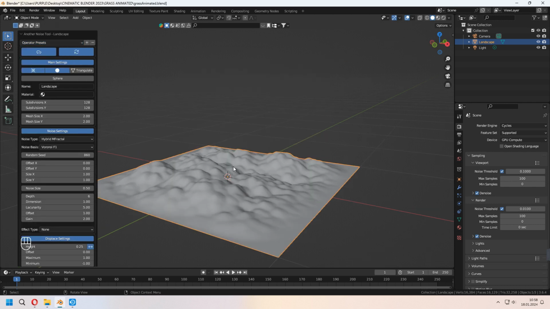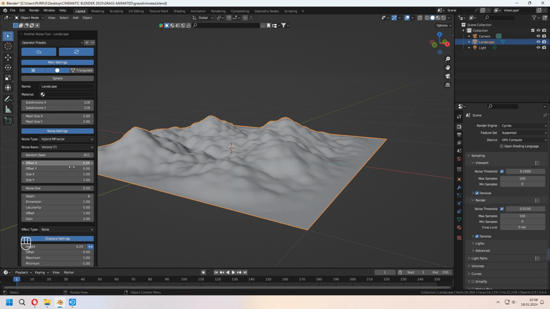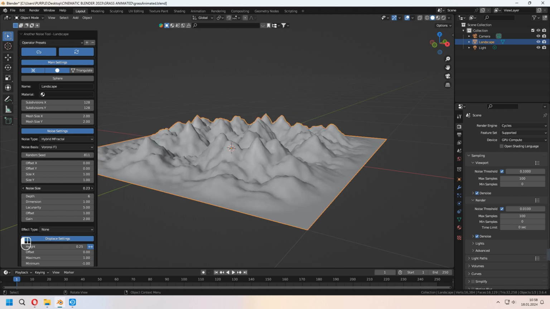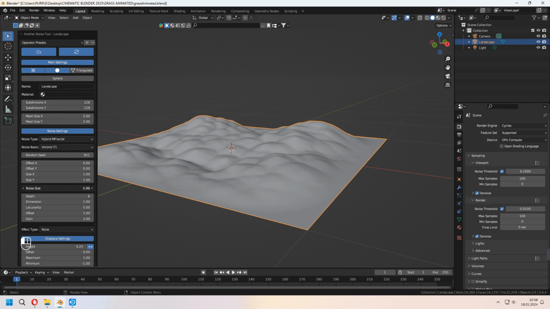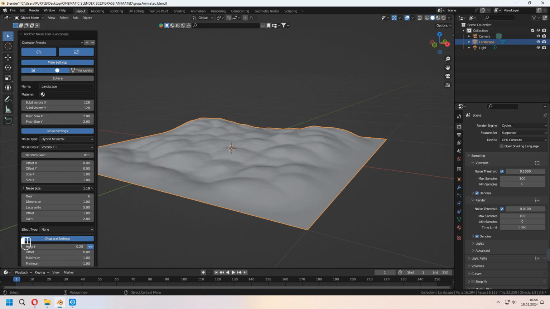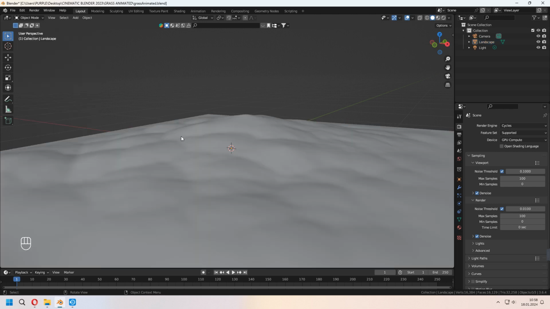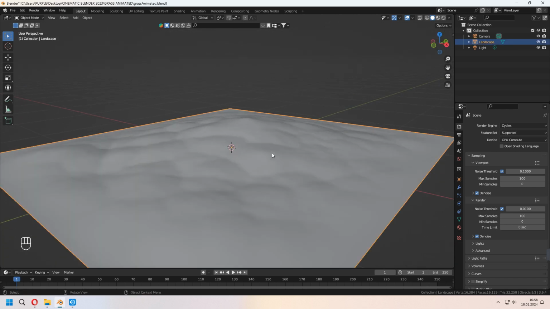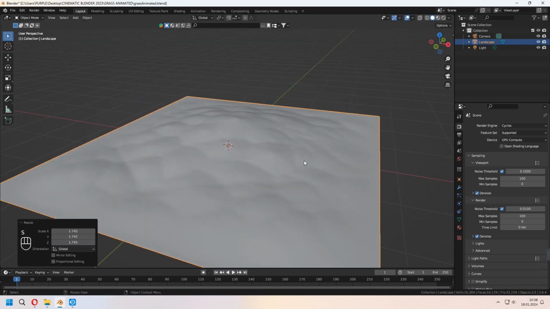I will choose this cauliflower. You can set up your random seed, noise size, or different species for adding some extra detail to your landscape. Where you want to use it, you can use this method. By changing your random seed, you can give different shapes to your landscape plane. After all of that, we will use this for the particle system, but before, you can scale it